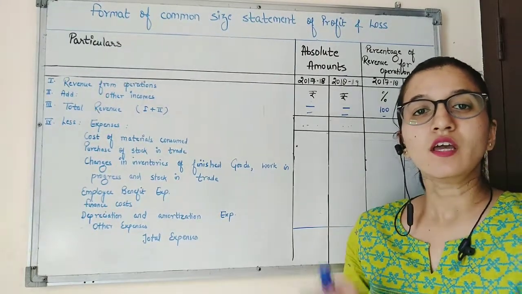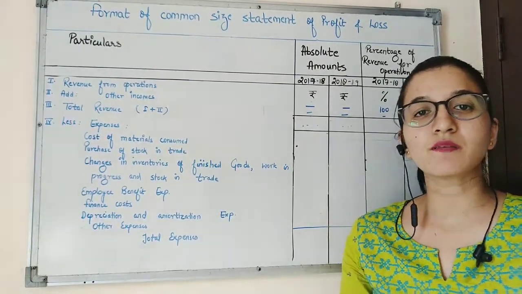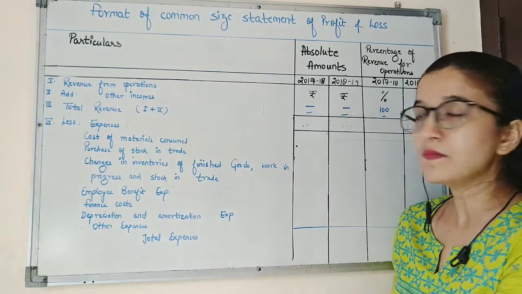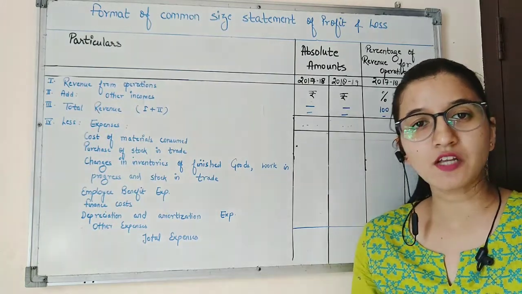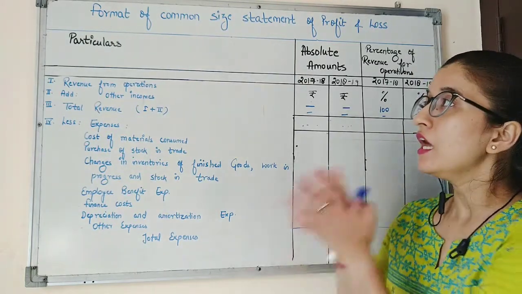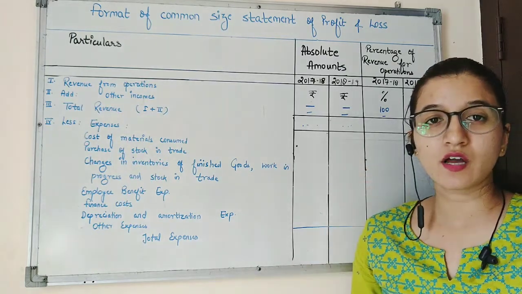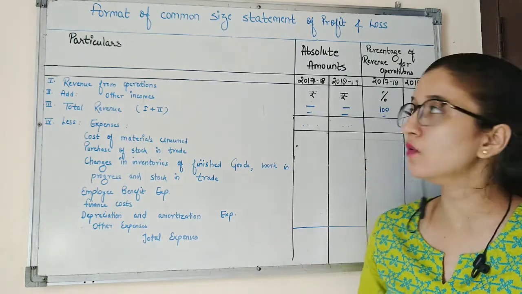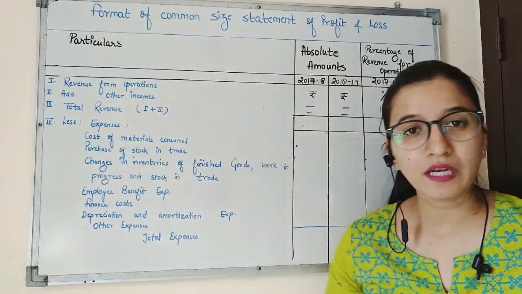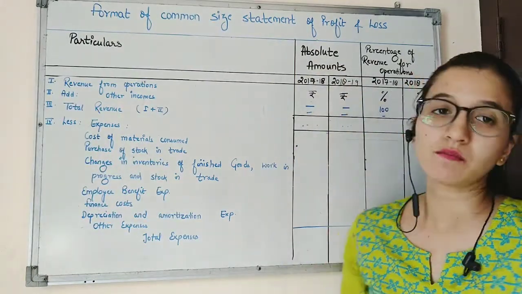Hello everyone. In the previous session, we discussed the balance sheet, and its two types: common size statement of balance sheet and comparative balance sheet. Now in this session, we'll discuss the profit and loss account. There are two types of profit and loss account: common size statement of P&L account and comparative statement of